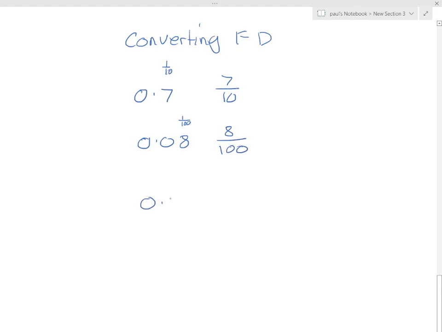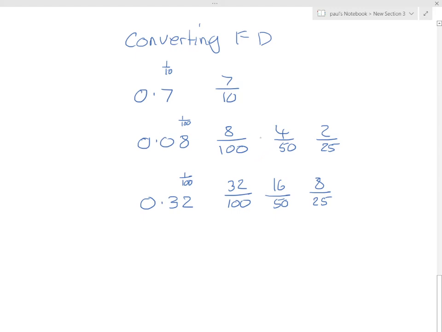And if we have 0.32, now we've got some tenths and we've got some hundredths, but we're only looking at the last one, and this will be 32/100ths. And chances are when you do it this way, you can't with a 7, but you could simplify that to be 4 over 50, 2 over 25. Can't go any lower than that. This could be 16 over 50 and 8 over 25. So you can simplify when you're changing